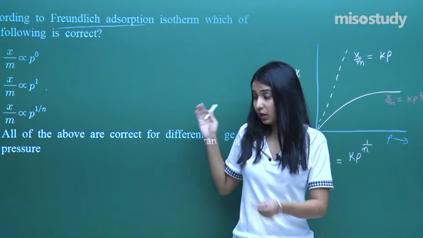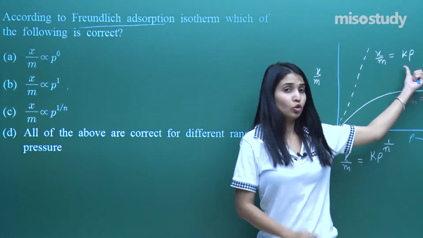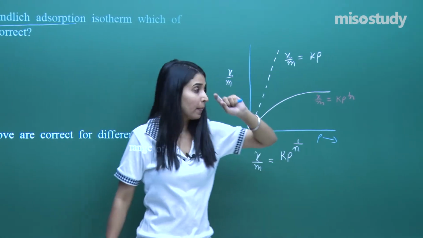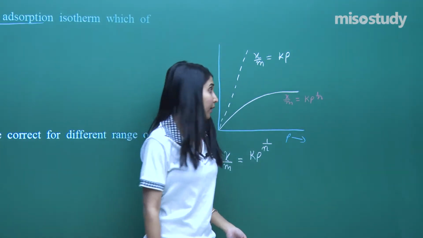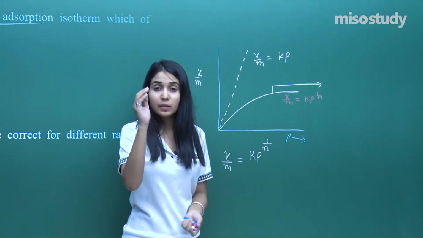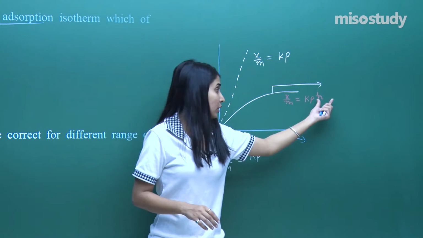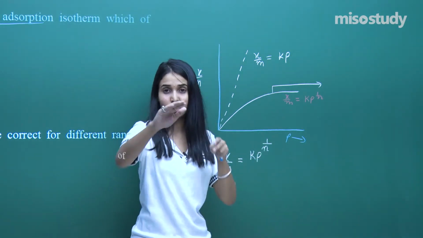That means I said that this can be applied over a different range. So if I have low pressure, I apply it there. Then I come to the point, of course, of the fractional power that is being applied. But what if I see a continuous graph? That used to happen when the power was 0, or simply we said that the surface got saturated.